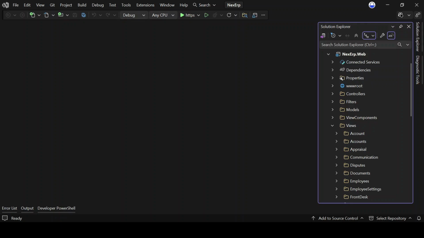What if you could launch a fully branded ERP system for your clients, without spending months writing code from scratch? That's exactly what NexERP makes possible. NexERP is a complete, white-label enterprise resource planning system built with ASP.NET Core 10 MVC and Entity Framework Core 10